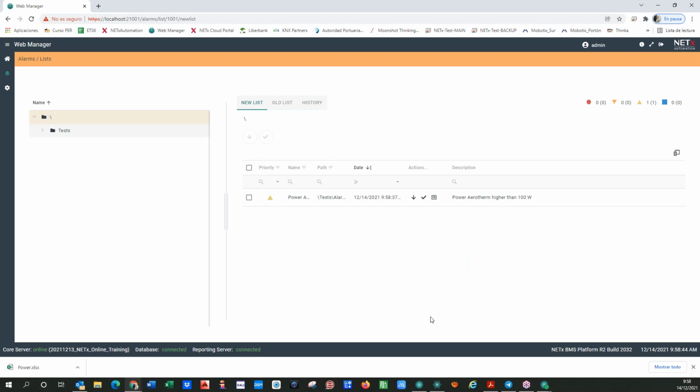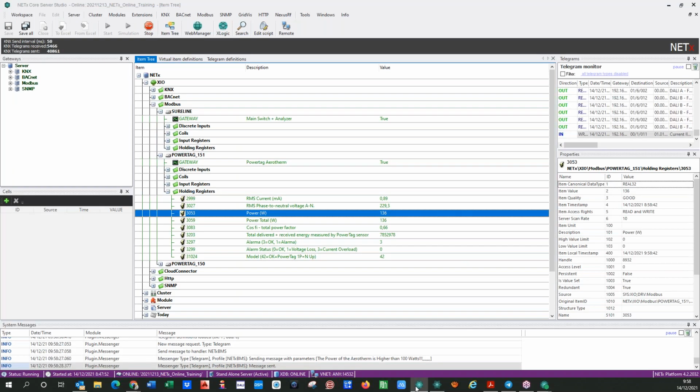And this is the alarm. And if I turn it down again, because I put 5 seconds. Remember, it was not working because I put 5 seconds of delay. So it was less than 5 seconds up to 100, and now it's working fine. And if I turn off, for example, the aerotherm now, it will be stopped in a